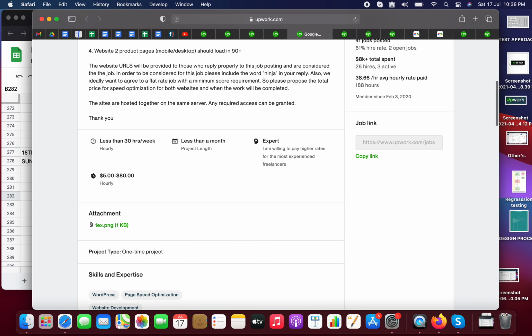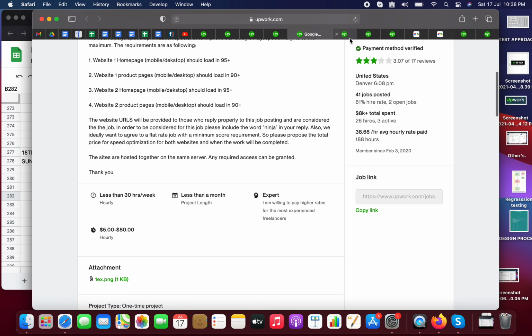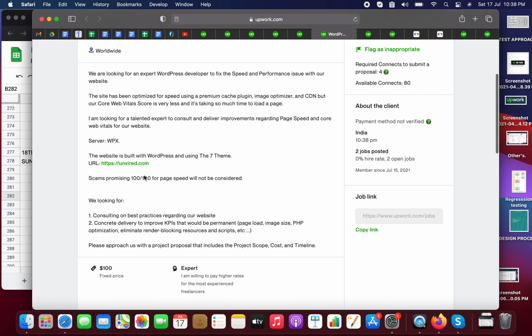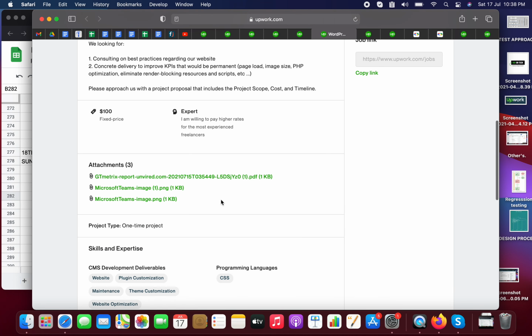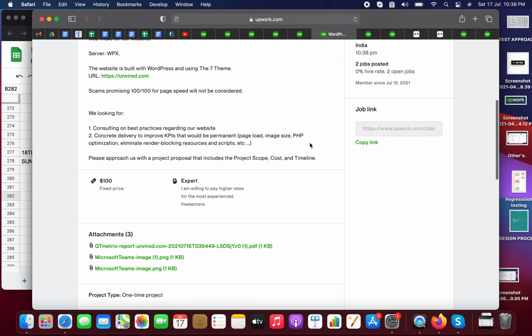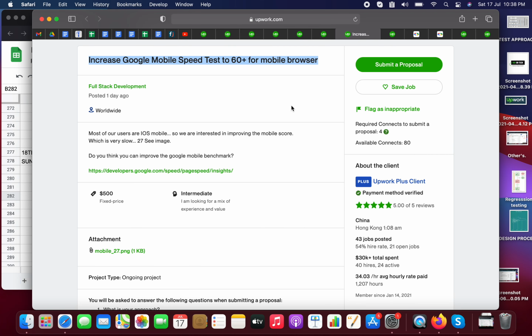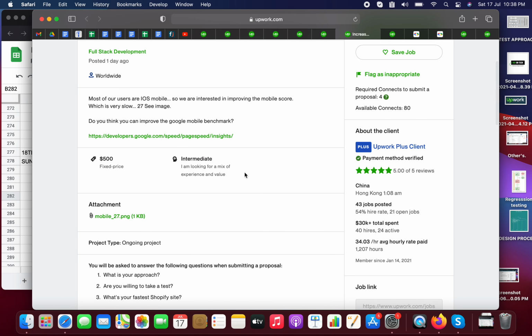Here an attachment is added by the client, here the website link, and also the GTmetrix code and some other PNGs. So there are different types of jobs with different job descriptions.